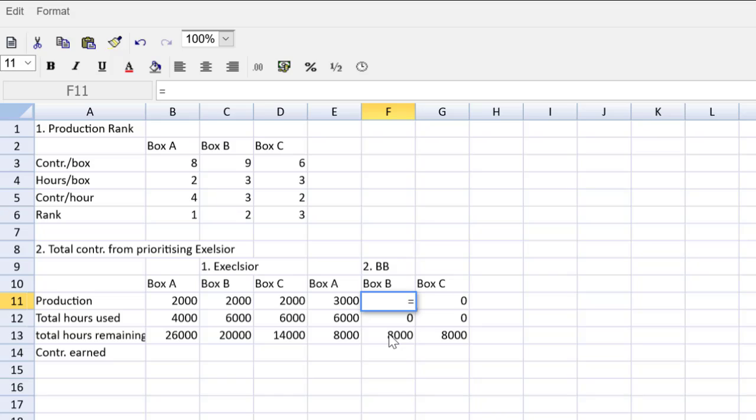So that will be equal to the hours remaining after we make A, which is in cell E13, and we divide that by the hours per box in cell C4, and we get the result. Look at that. The hours remaining now are a small fraction because of that partial box. So 2666.667, we can't make a